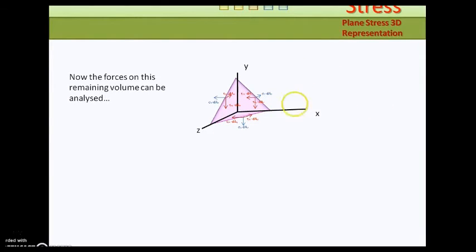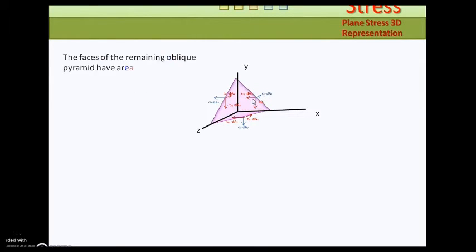The different stresses acting along each surface of this shape can now be considered, and we can let the area of the oblique face, which is